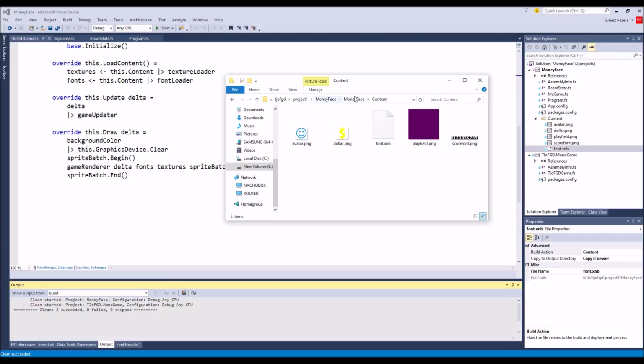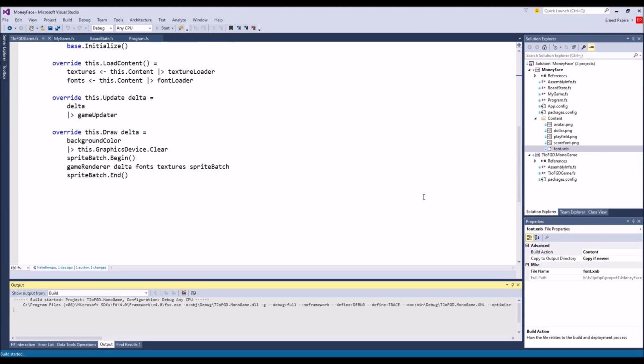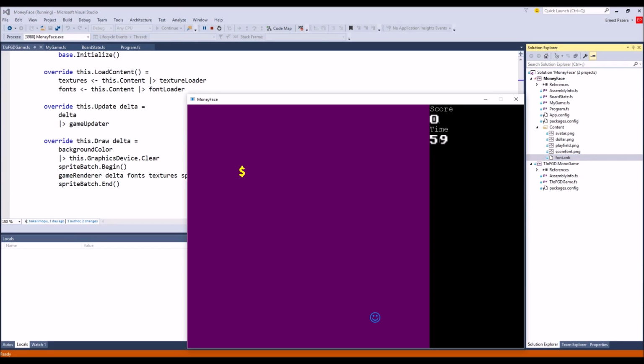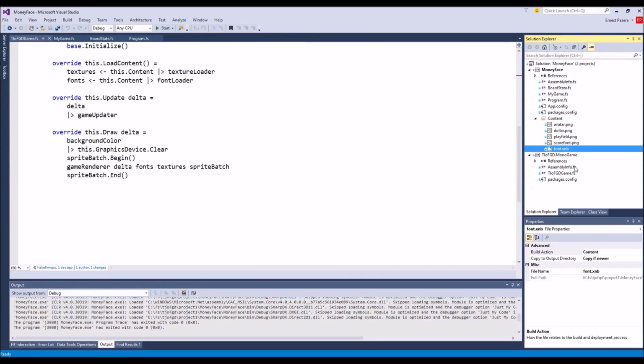I do want to make absolutely certain that in bin debug content there's nothing there, nothing up my sleeve, so that indeed the font is there. It is. All right. Now instead of having my score font anymore, we're going to ditch Mr. Score font,